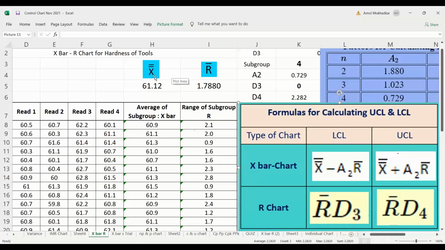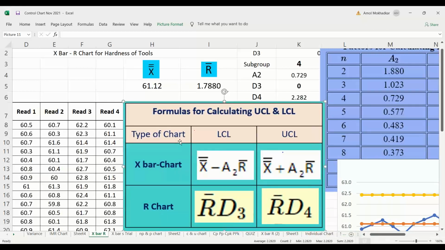You have the X bar value, you have the R bar value, you have the values for A2, D3 and D4 also. So everything is there. You just need to calculate the LCL and UCL. I will wait for 3 minutes. Please calculate the LCL and UCL. Everybody needs to calculate. Very simple, just a simple calculation. You have the value of X double bar, you have the R bar, you have A2, D3, D4. Everything is given. Now only fit it into your formulas and tell me the values.